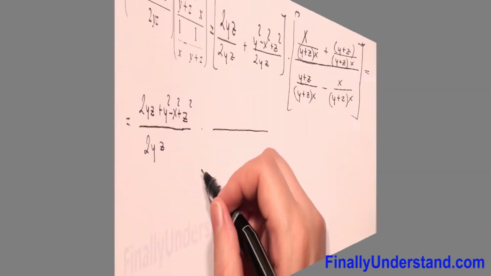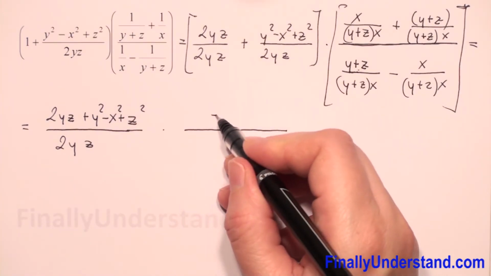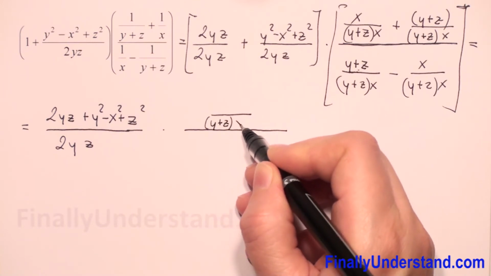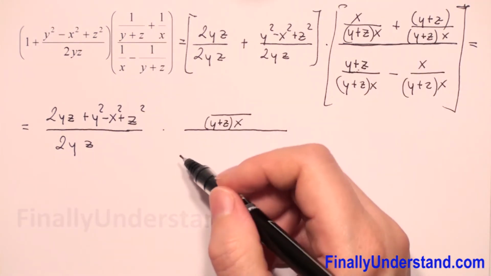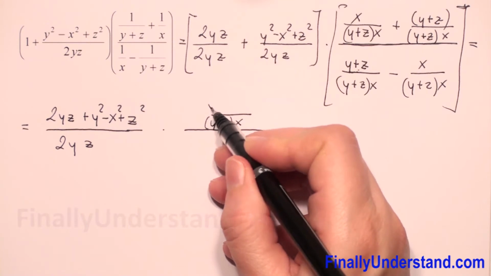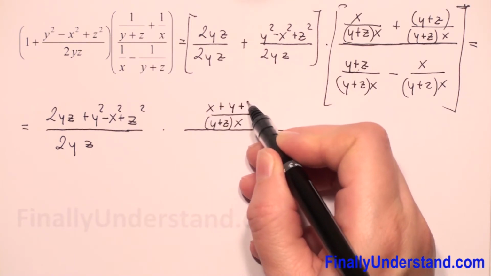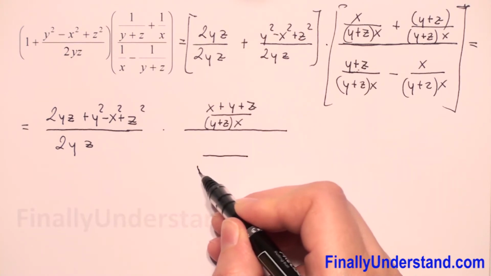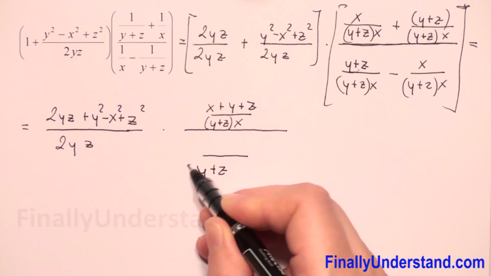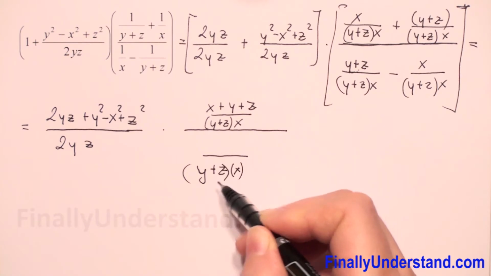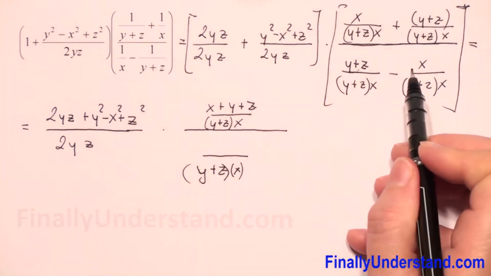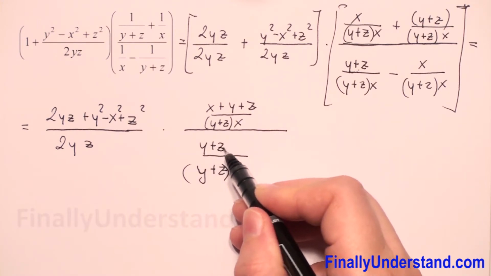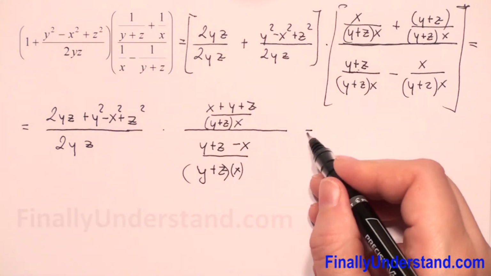And now first in the numerator we have to copy the numerator y plus z times x, and now we add numerators, so will be x plus y plus z over y plus z times x, and we have to subtract numerators, so y plus z minus x we have. So this is equal,